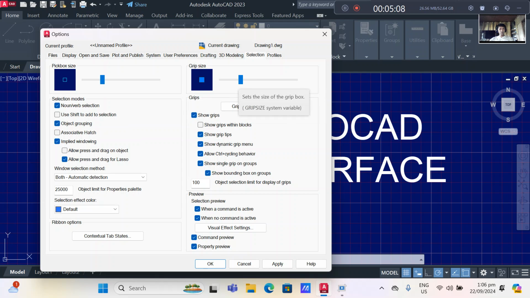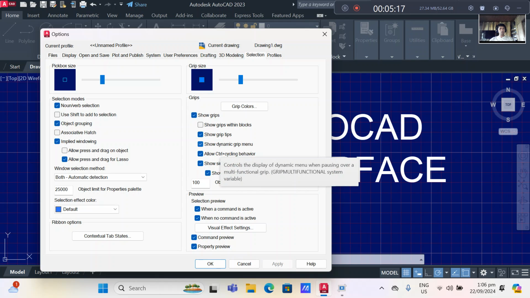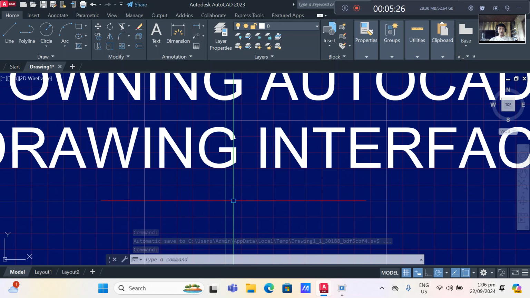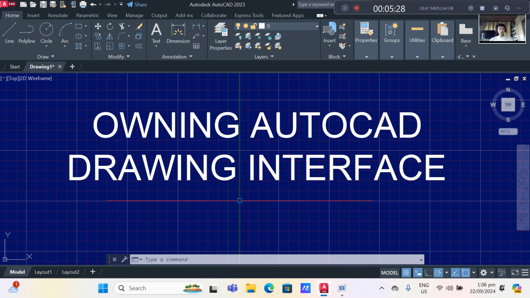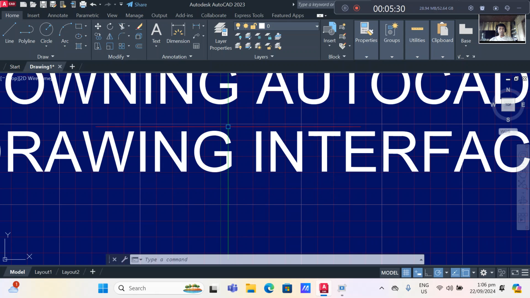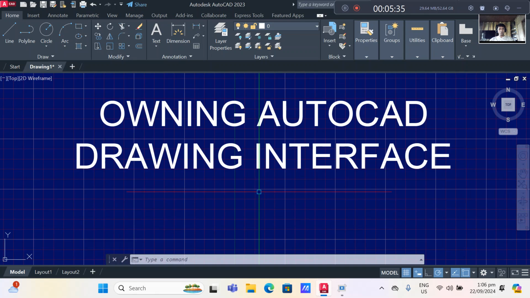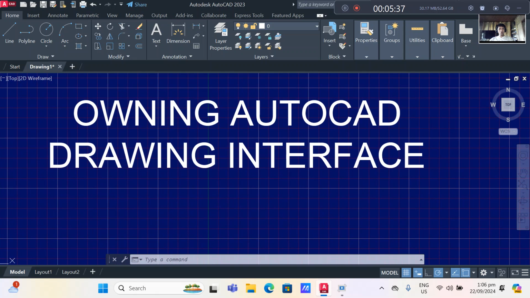So if you are happy with that, you just click apply. And then if you are happy with all your customization, you click OK. Now I have changed my background into navy blue, and then the grid major into white, and then the grid minor into red.